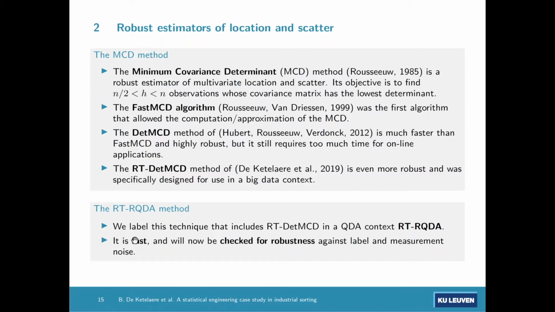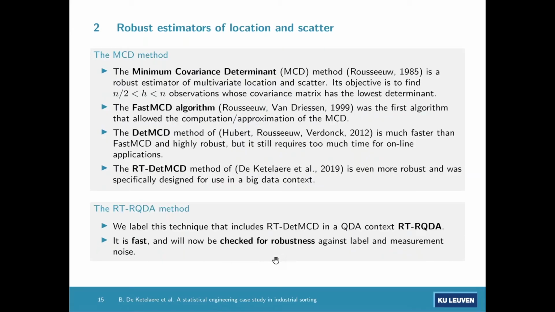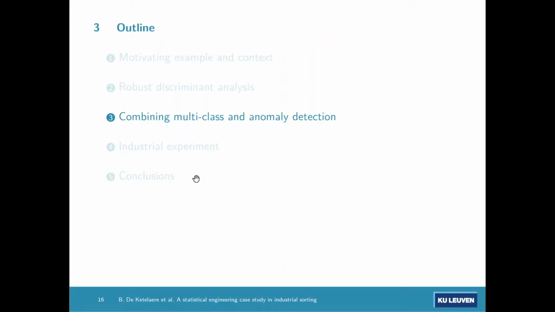So it's fast. We know that it's robust under, let's say, several simulation frameworks. But of course, we also want to check it against the label and the measurement noise in practice. So that's something we needed to do to be able to answer the second goal, namely to check it for the robustness against those two sources. So that's actually what we did. And that's an important part, but before giving the details on how robust it actually is,